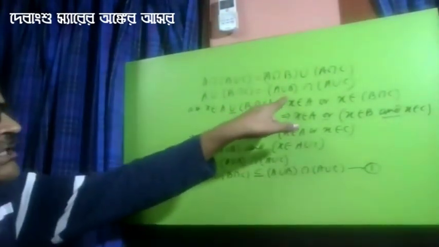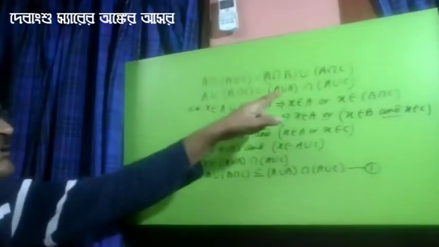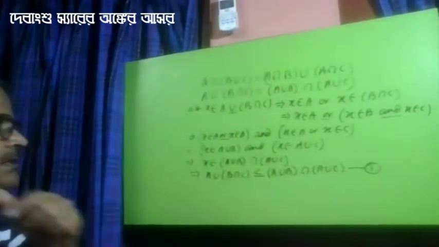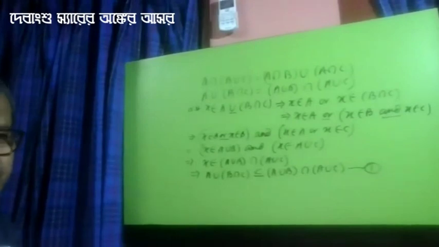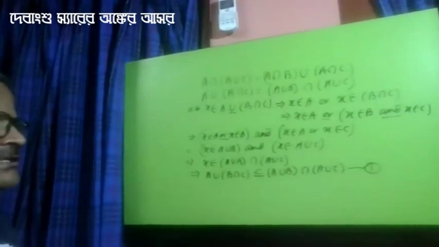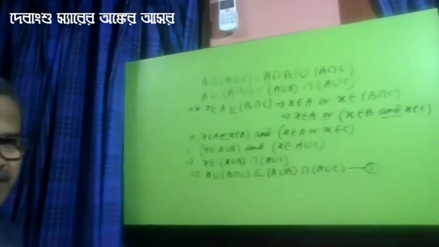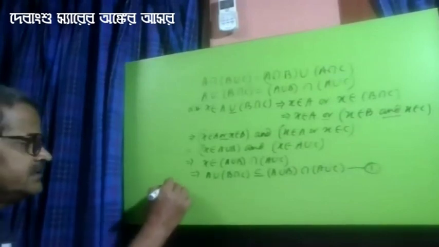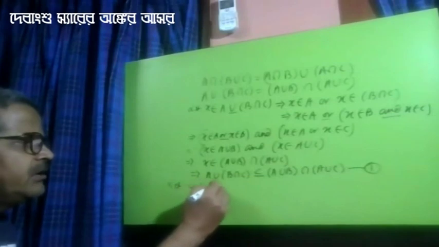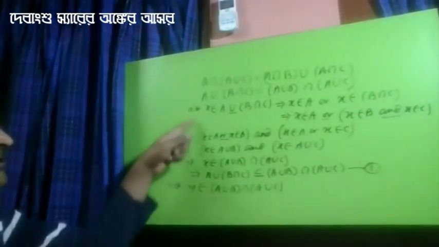This is our first part. Now, secondly, I have to show this is a subset of this. Now we'll consider an element Y from this. Now, the second part is very easy. After doing the first part, the second part is very easy. I can tell you a shortcut. But let Y belong to (A union B) intersection (A union C). Consider, and write the steps upward, backward.